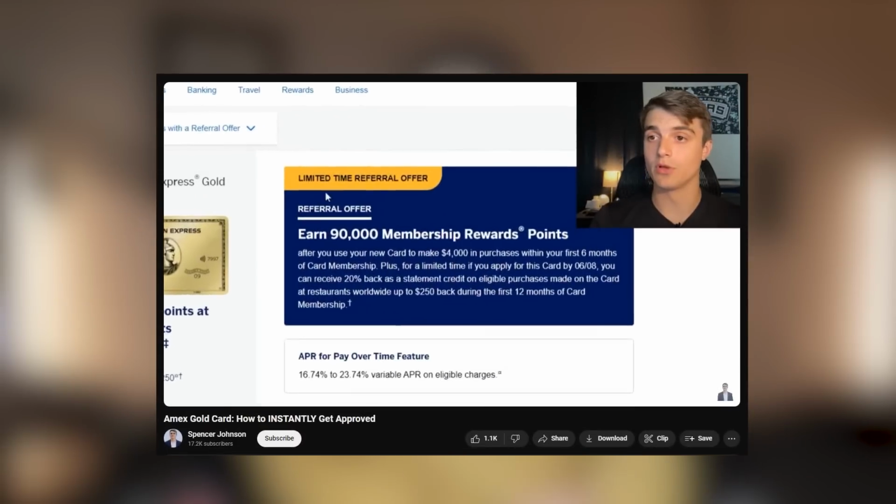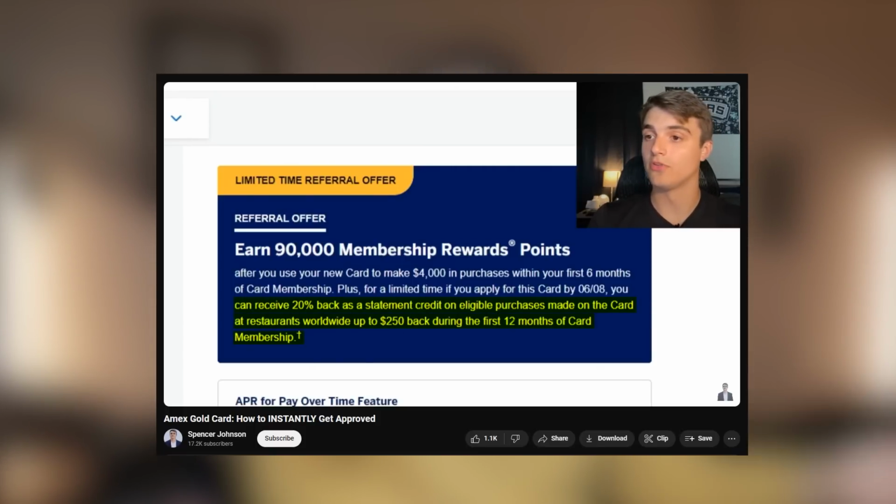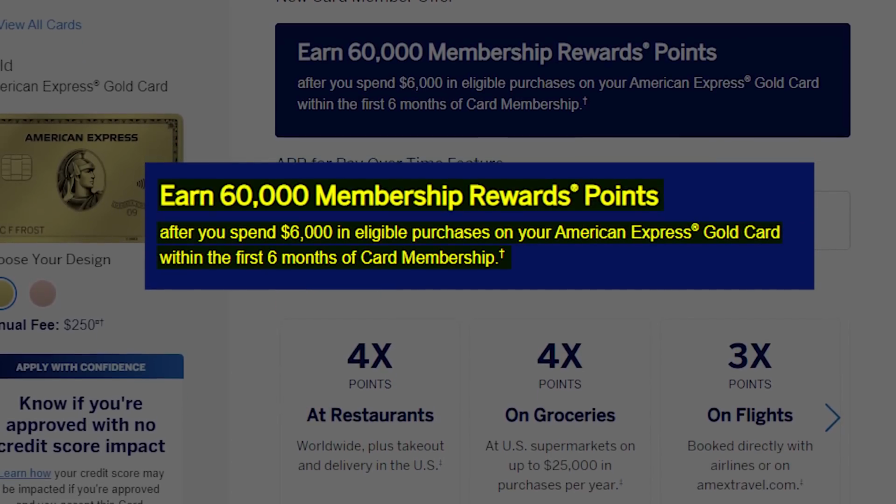Once again, as for the value that I have personally gotten from this card, it all started with the amazing welcome offer I got, which to my knowledge is still the best welcome offer that's ever been available on this credit card. And that was for 90,000 points after spending $4,000 in the first 3 months of having it. Plus it was like up to $250 back in statement credits for food purchases for the first year of having it or something like that. And the base offer right now is 60,000 points for spending $6,000 in the first 6 months. So as you can tell, that was like a really good offer for me to be able to lock in